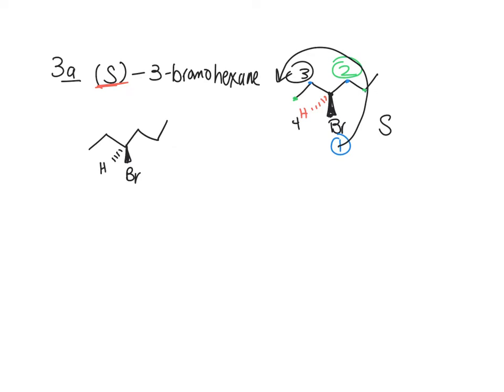And then it says draw a Newman along the 3-4 bond. Okay, so my eyes are looking here along the 3, and then the 4 is going to be my back carbon, and I can go ahead and do dashes and wedges for the hydrogen. So first one is going to be, I'm going to put